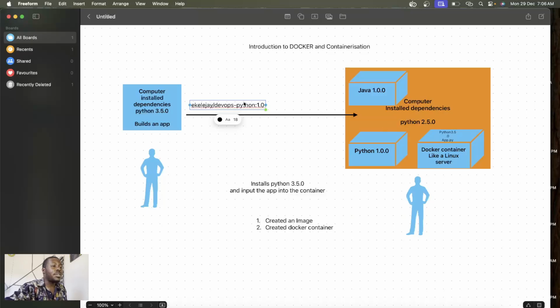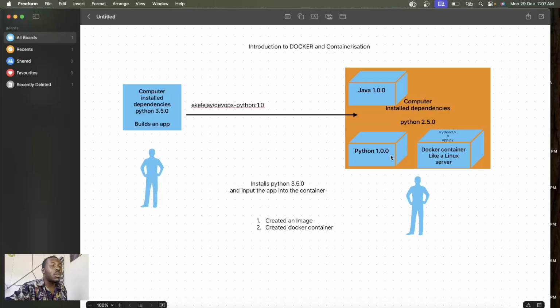He's not going to send a file. He will just say, hey John Jones, run this image. He will just give you a text, maybe send it via email, saying run this Docker image on your computer to see my application.